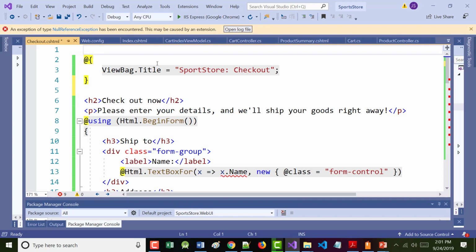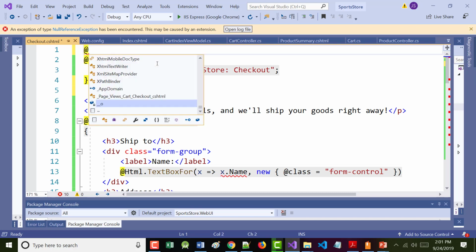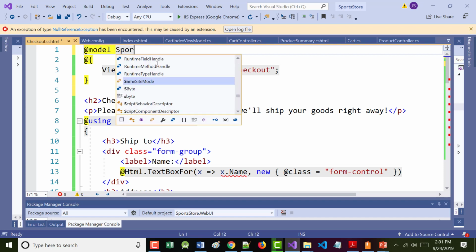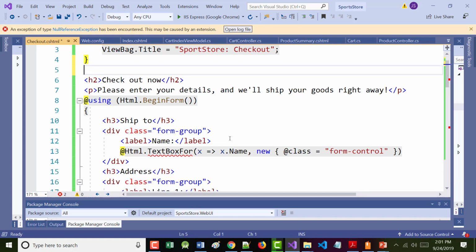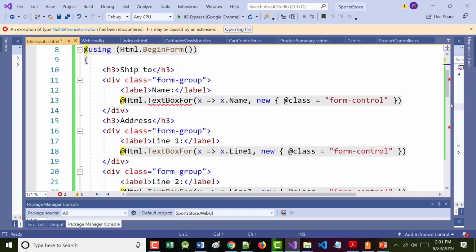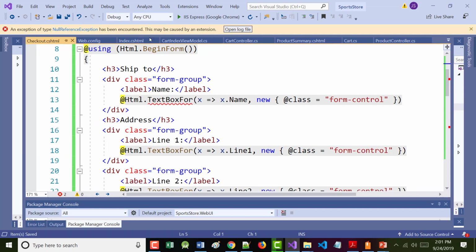Somehow I don't have my model statement up at the top here. All right. Got rid of most of my errors here. It doesn't like this right here that says text box 4, but again, it may fix itself, it may not, but I'm going to go back in